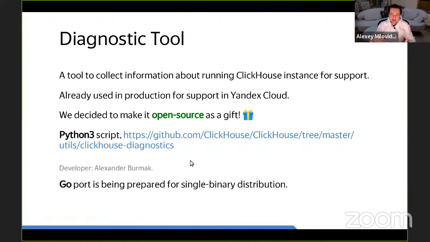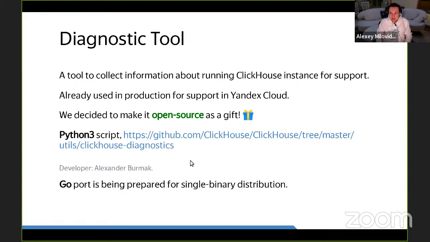You can just send this diagnostic report to your favorite support provider, like Yandex or some other provider. Also, my colleagues started to port it to Go to allow single binary distribution.